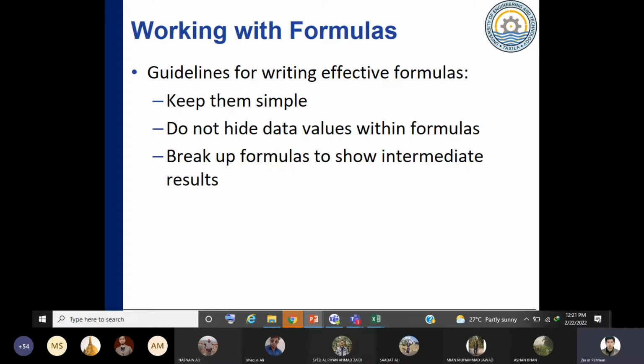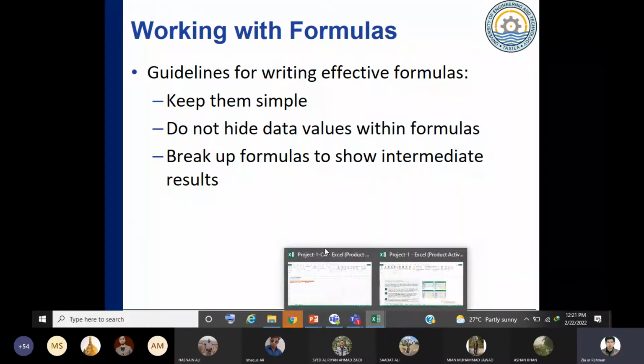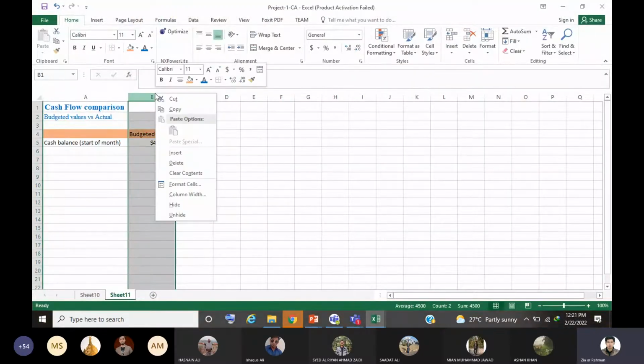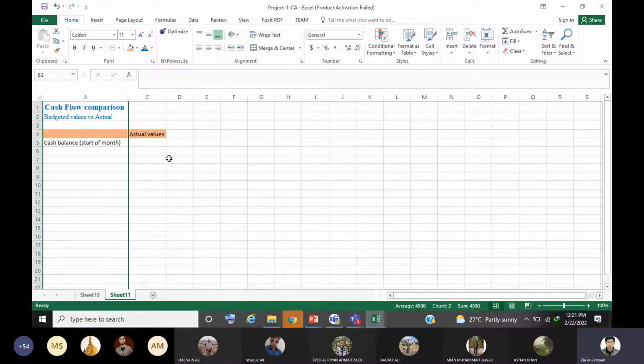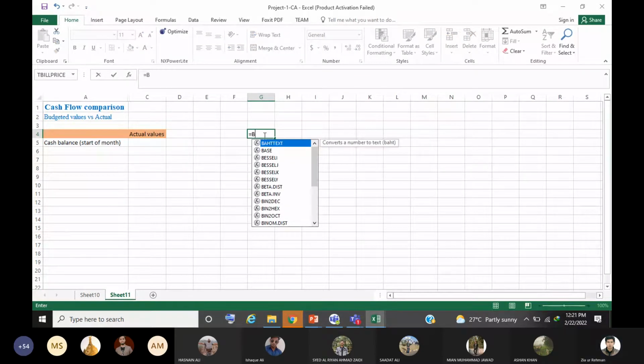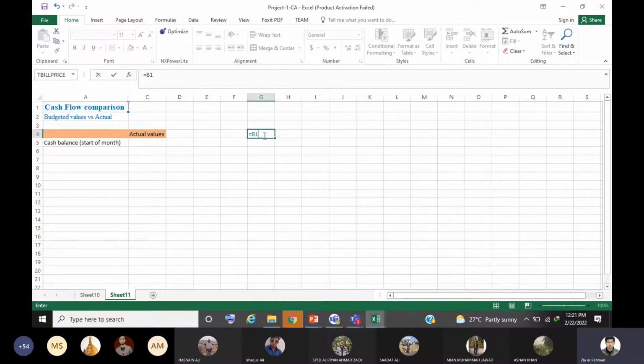Then you should not hide the data. Most of the time, when we are dealing with a large Excel file, a large spreadsheet, sometimes we hide the data. Let's say if I apply the formula B1, even if you have hidden that value, even if you give it a cell reference, it would take that hidden value.